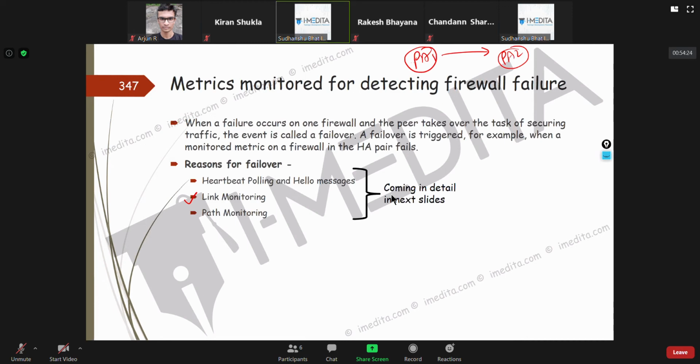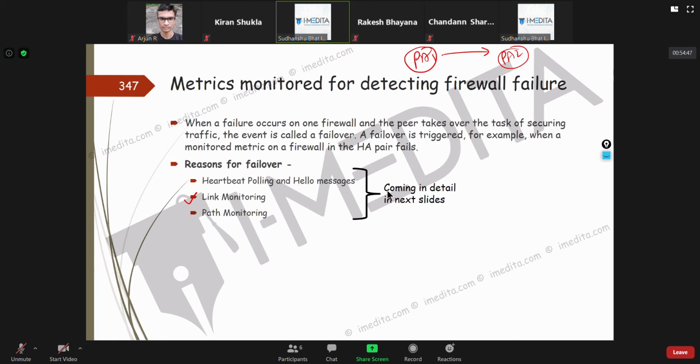It will continuously send ICMP ping messages to a particular destination, and if that destination becomes unreachable for whatever reason, you take the firewall down from active.